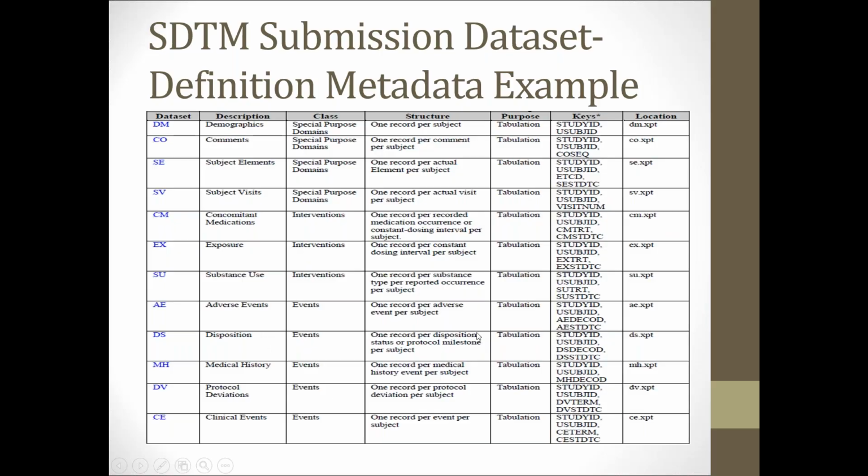Next, CM, concomitant medication. Right, so interventions. One record per recorded medication occurrence, or constant dosing interval per subject. So what is a concomitant medication? Concomitant medication means you can see